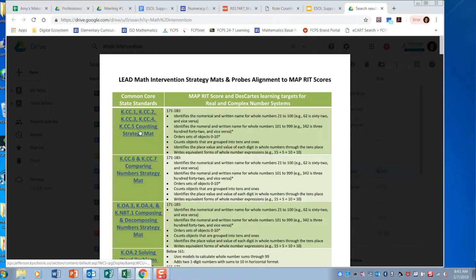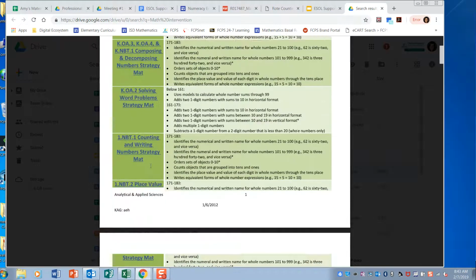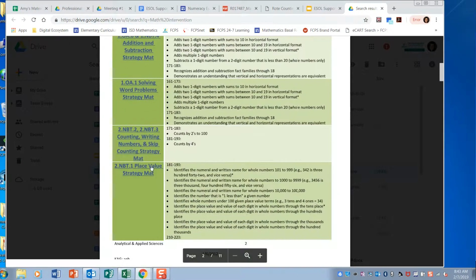So similar to what we did and what you guys finished up today. What's our essential content? And this was our essential content. So this is the kindergarten counting strategy mat. You can see that this counting strategy mat, this topic, had several different standards that supported it. And you can see we went all the way to,